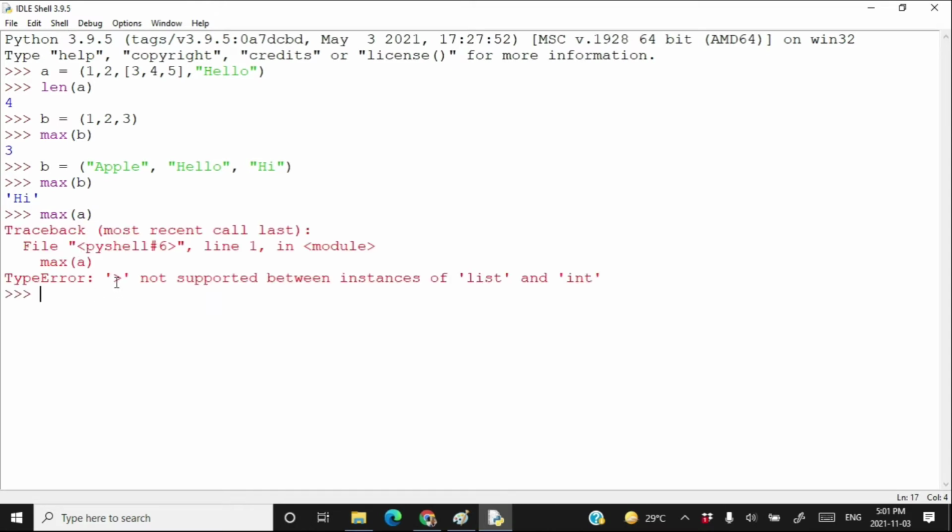It is saying that greater than is not supported between instances of list and integer, means this one cannot be compared with this one. Since in this tuple we have heterogeneous elements and all the elements are not comparable with each other, providing a to the max method will return an error.